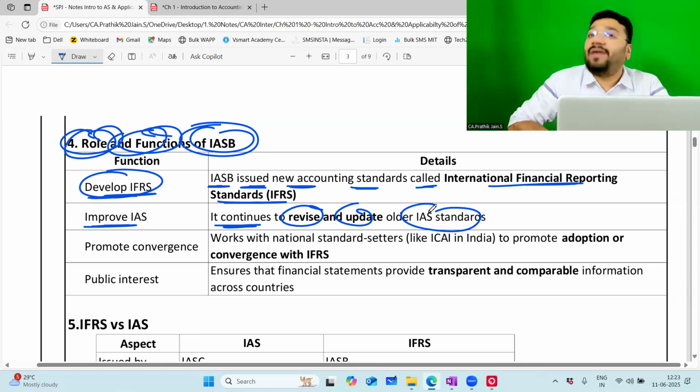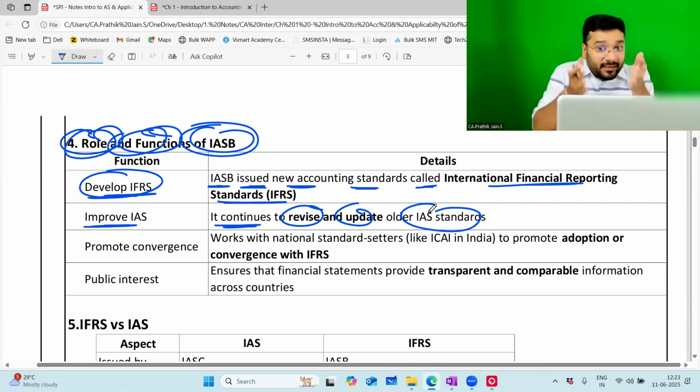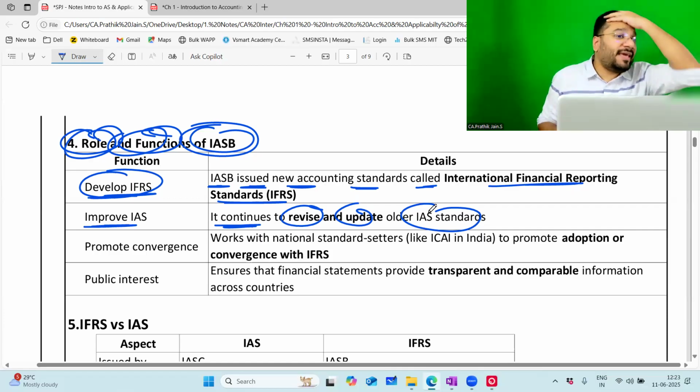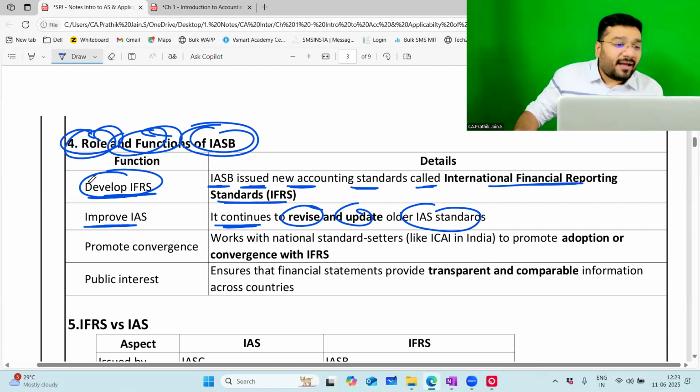AS3, what we are doing is now revised. AS3 was the cash flow statement. What is it? AS3 revised means what? Compared to the old cash flow statement, we felt that was very outdated, and in today's scenario, that outdated version is not applicable. And what did we do? We came out with a new revised version of AS3. Same way, the role of IASB was not just to implement IFRS. Apart from that, whatever existing IAS was there, wherever it became outdated, you try to revise that. That was also one of the functions of IASB.